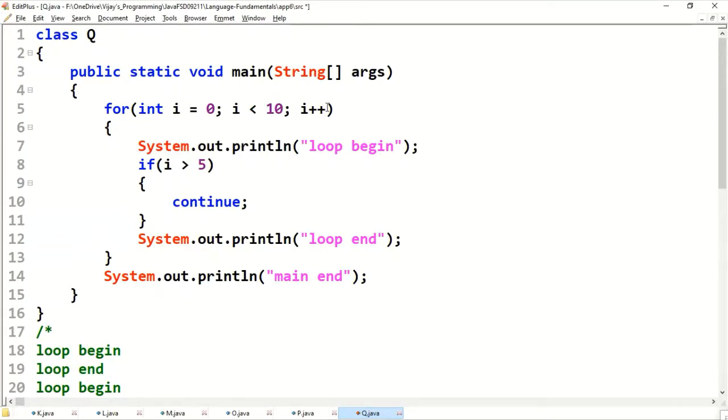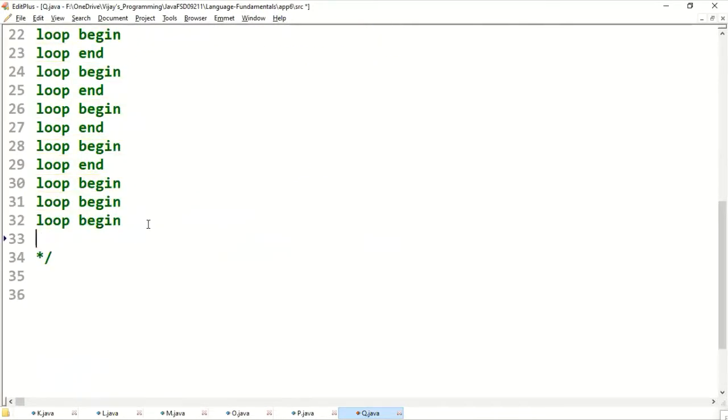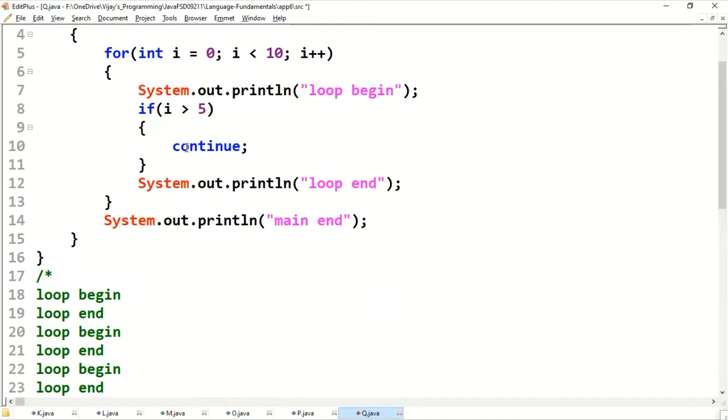8 is becoming 9. 9 less than 10, yes. Loop begin. 9 greater than 5, yes. Continue. Without executing loop end and skipping to the next iteration. i is becoming 10. Whether 10 less than 10? No, it comes out.